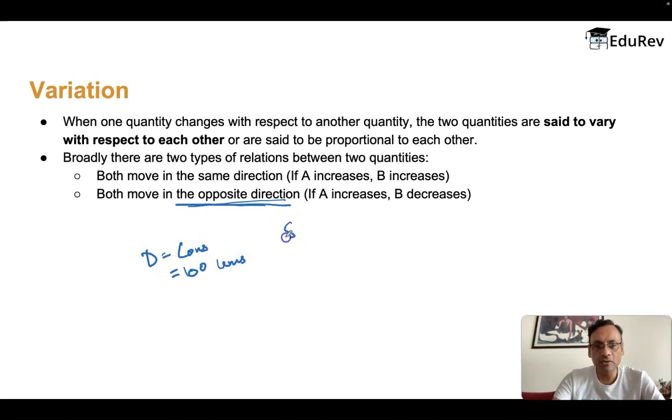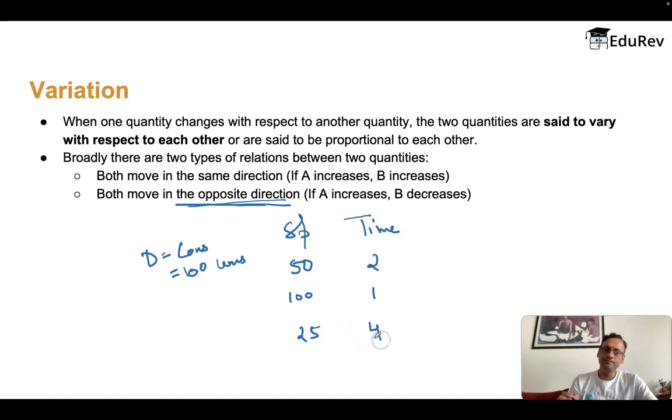Okay. And now let's look at speed and time. If I go at a speed of 50 kilometers per hour, I will take 2 hours. If I double my speed to 100 kilometers per hour, time taken will be 1 hour. If I make my speed half, instead of 50, I make it 25, I will need 4 hours. Right? So now you can see here, when I have